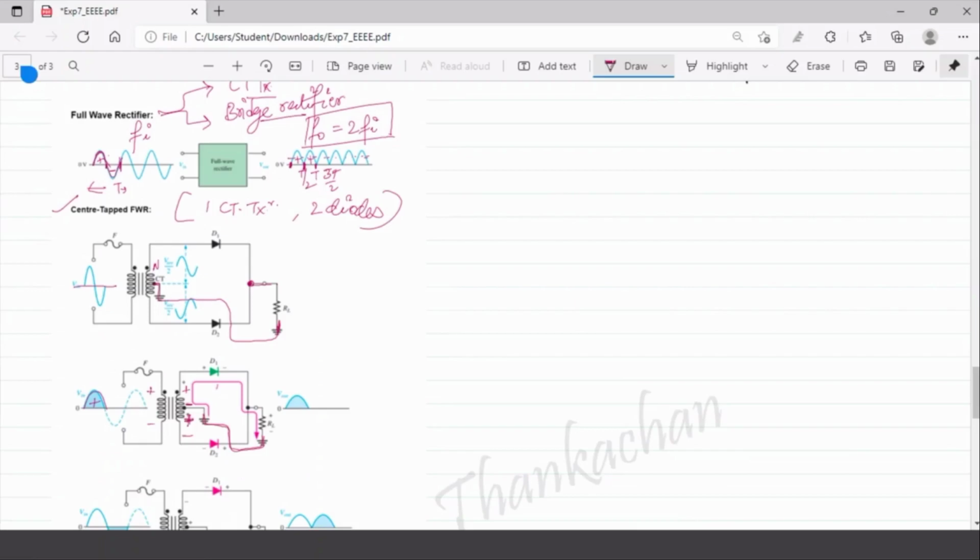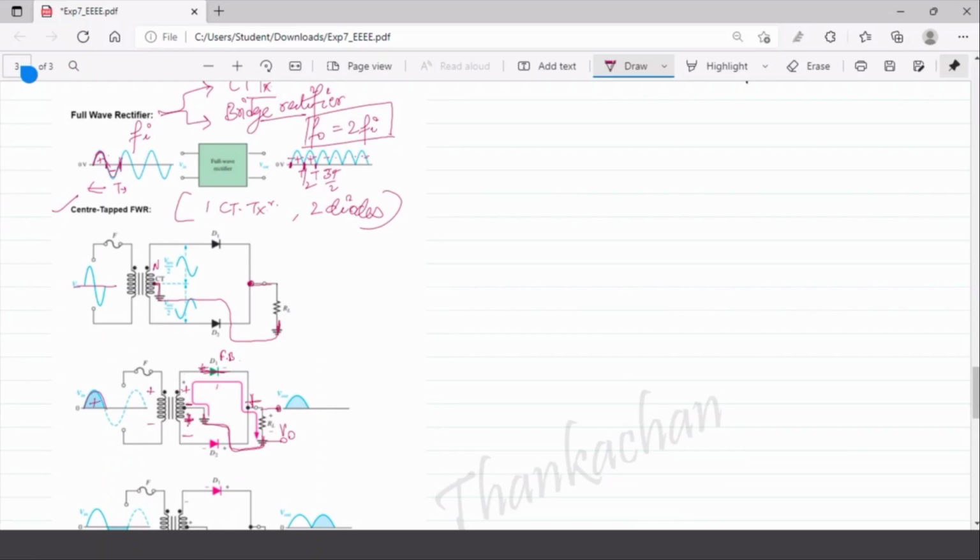What will happen because of such voltage polarities induced here? This positive is connected to the anode of diode D1. It will forward bias the diode D1. That means it will be turned on and get connected like this, and whatever the voltage is here will reach and get connected to the positive of the load terminal. So if I am measuring the voltage across this load resistance, then this point of my output V0 will be connected to the positive of my secondary voltage, right?